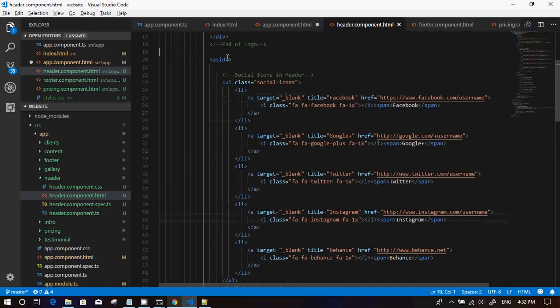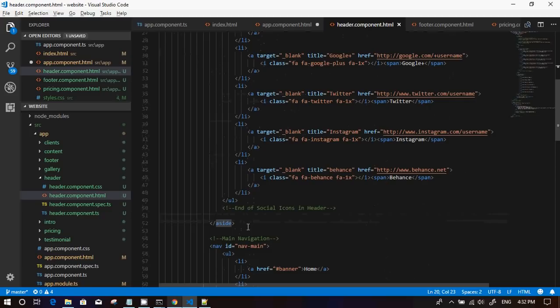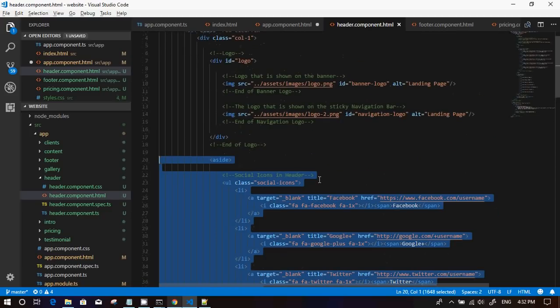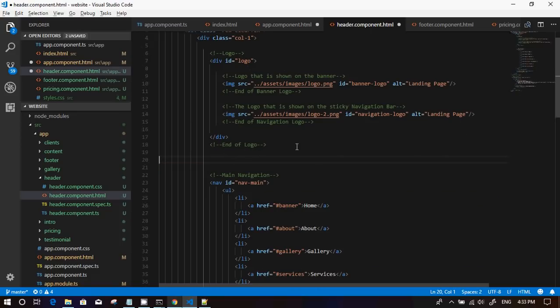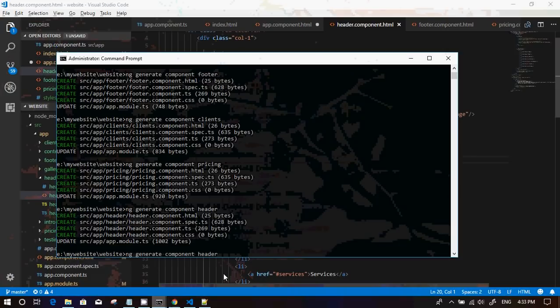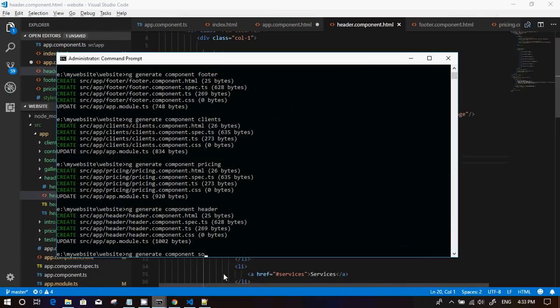Okay, let's do this first. So we'll create a new component called social. Okay, create component social,